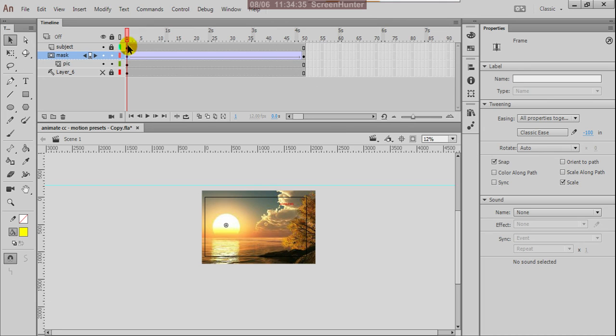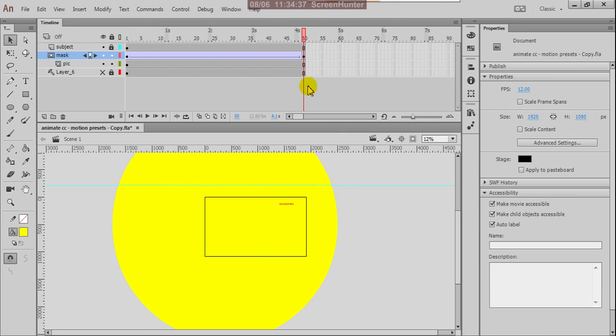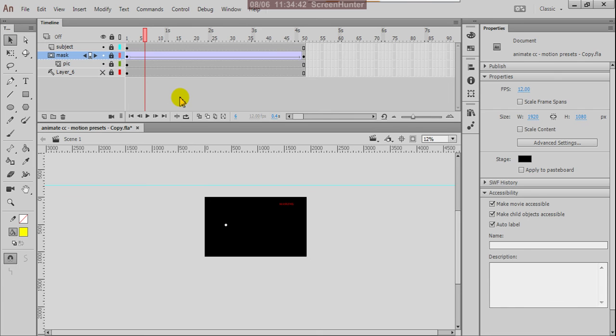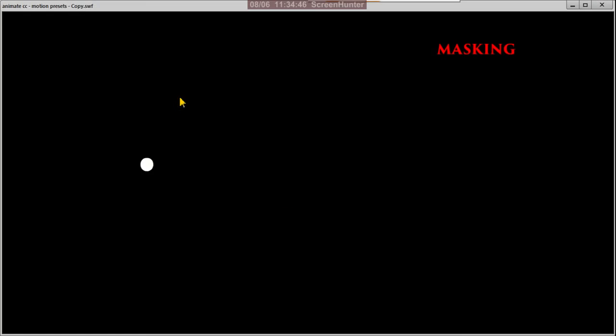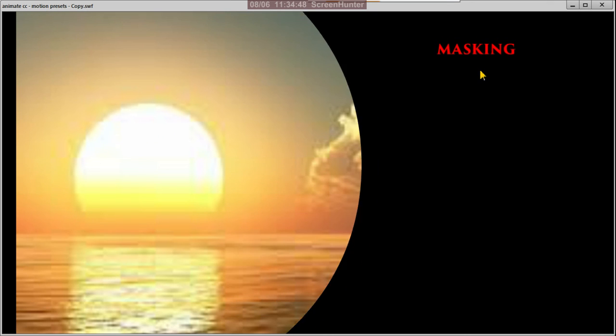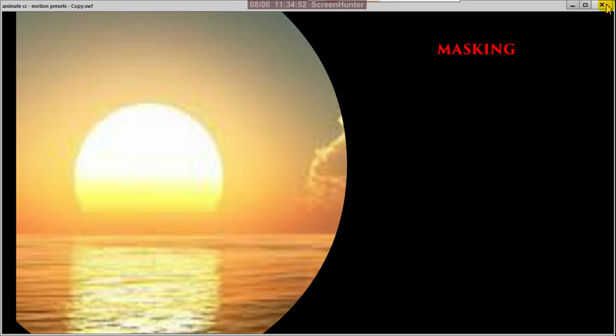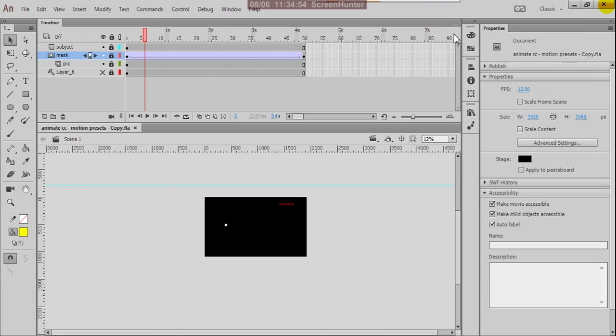Okay. So sometimes in animation we use this mask. So hit Control S and Control Enter. Beautifully it is happening, the sunrise. Okay.